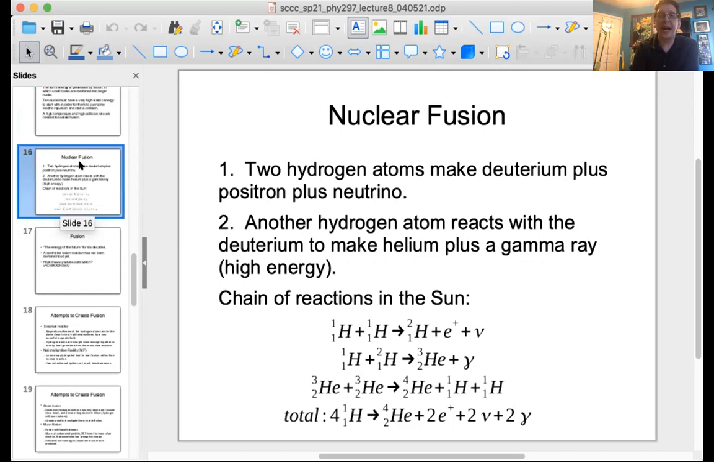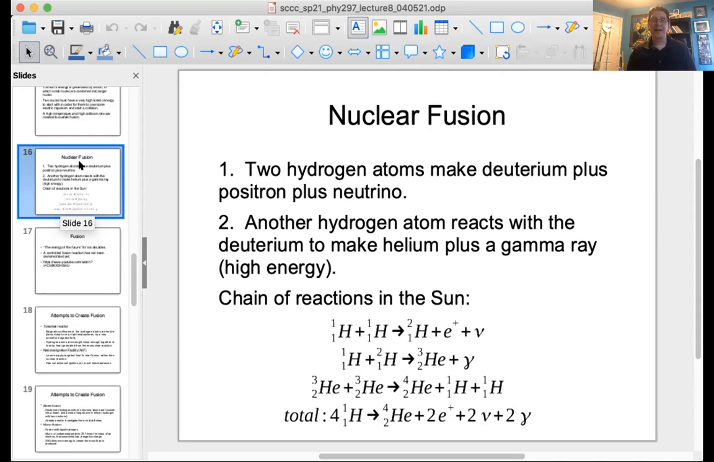Another hydrogen atom reacts with the deuterium to make helium-3 plus a gamma ray. So that's the huge energy release. And then you have two helium-3 nuclei fused to make a helium-4 nucleus plus two more hydrogen atoms. So the total, when all is said and done, is that you have a net input of 4 hydrogen atoms